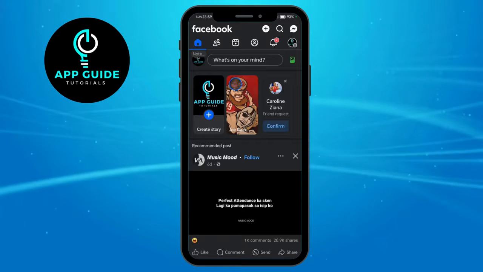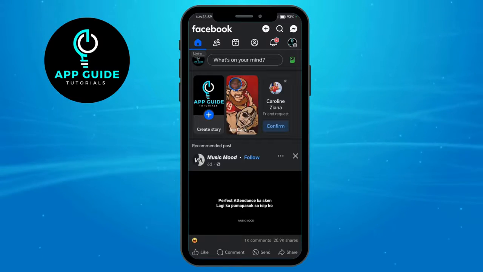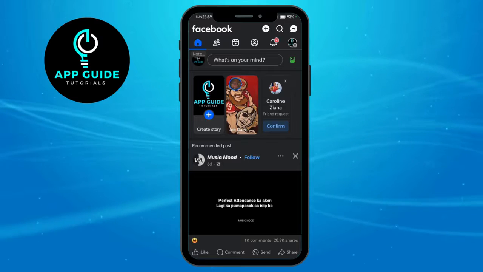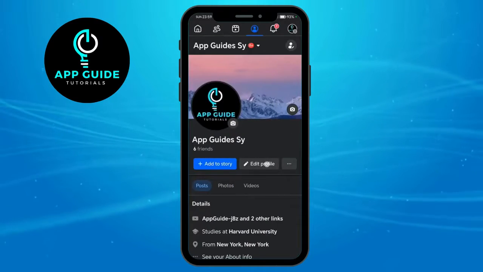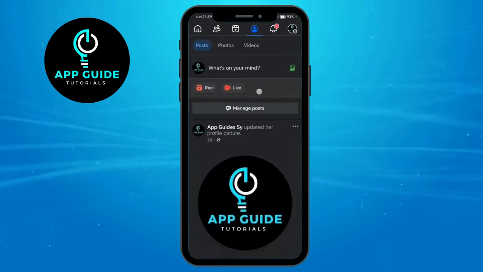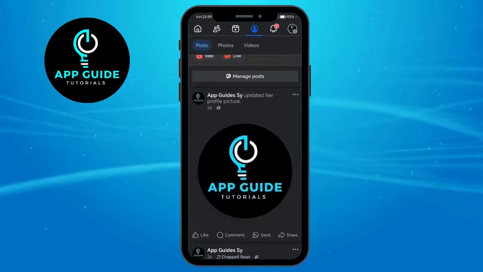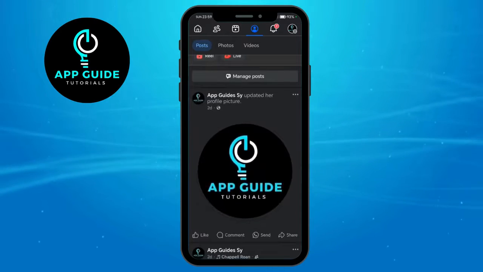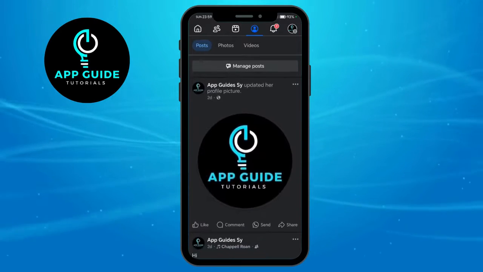Now, in order for you to turn off comments on Facebook posts, all you have to do is tap on your profile icon right here and scroll down until you find a post that you want to turn off your comments with. So all you have to do, let's say right here,